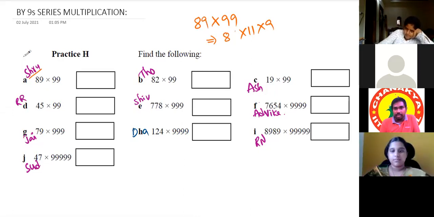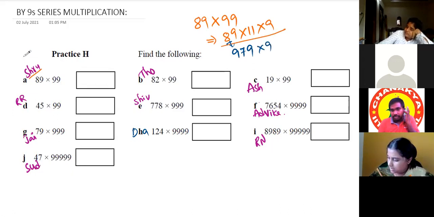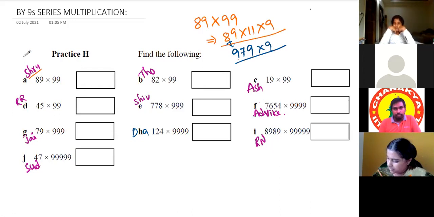This is 89. Okay. Tell, Srishti. So we'll write 8 as it is. 8 plus 9 is 17, so we'll write 9. And next we'll write 7 and 9 as it is. 9, 7, and 9. Then we have to multiply with 9. 909 times 9 is how much? 900 into 9, sir, 8100, right? 8100.